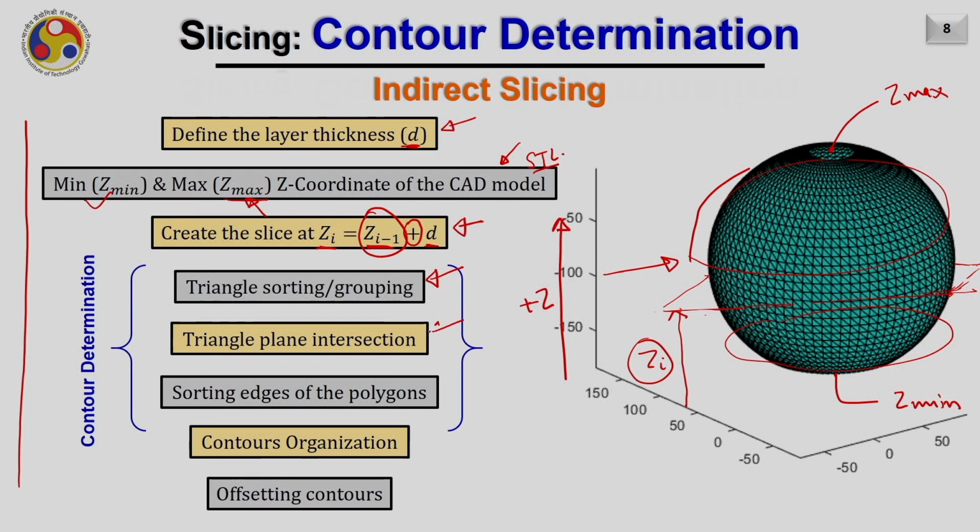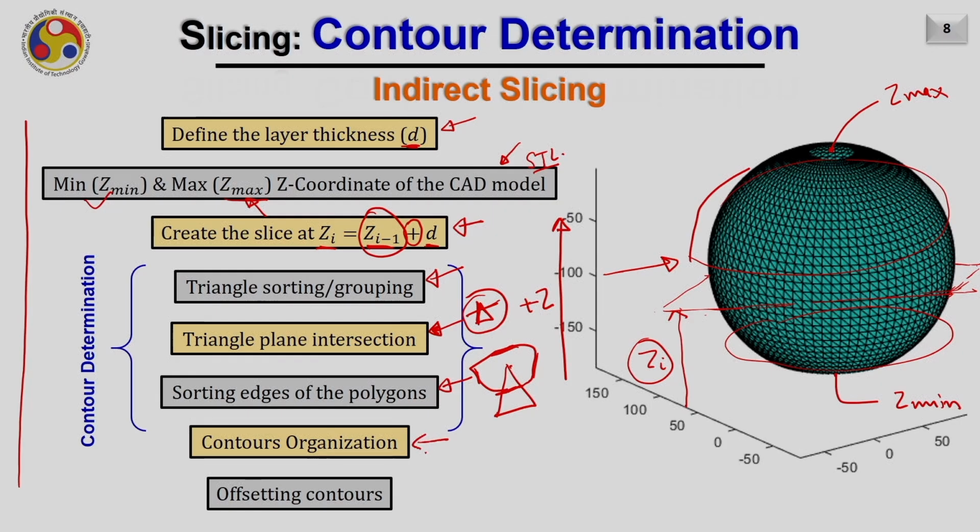Once we identify the triangles that are intersecting with the plane, we need to find the intersection between the triangle and the plane, which is the problem we just discussed, the intersection between the triangle and the line. There could be several cases for intersecting the triangle with the plane, which we will discuss soon. Then the next step is to sort the edges to form the polygon, because we are getting the intersection between the triangle and the plane, and these lines may not be appropriately ordered. Then we need to run an algorithm which makes sure that it forms a closed polygon.